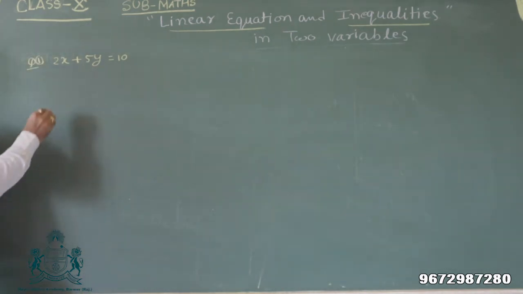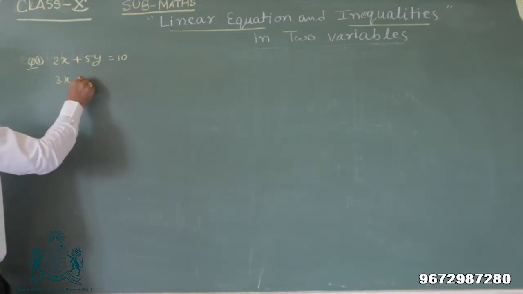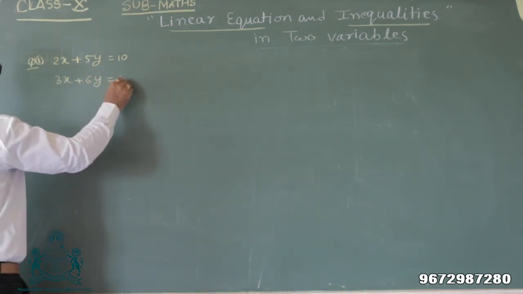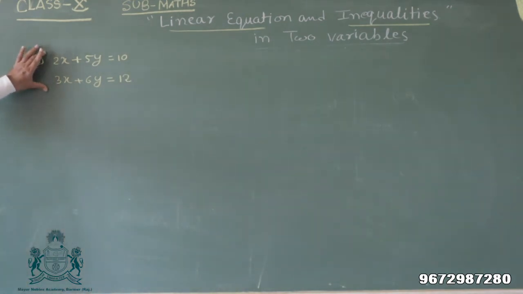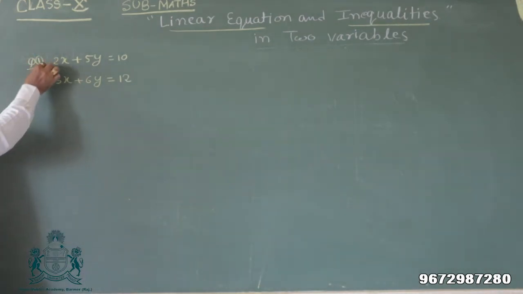Second equation, 3x plus 6y equal to 12. Solve this equation and find the value of x and y. First equation,